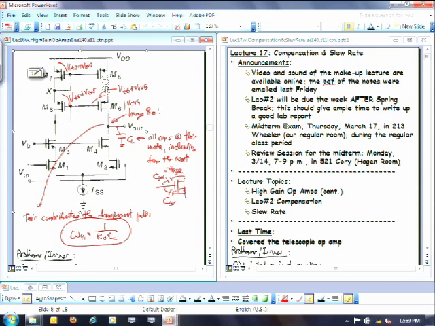If it swings beyond a certain amount, some of these transistors will either shut off or they will go into triode region, which means you lose all of this great gain. And it goes very nonlinear. So that's the last thing we did. We determined, using techniques we had already gone through in other circuits, what the output swing was. We determined the V output max, determined a V output min,